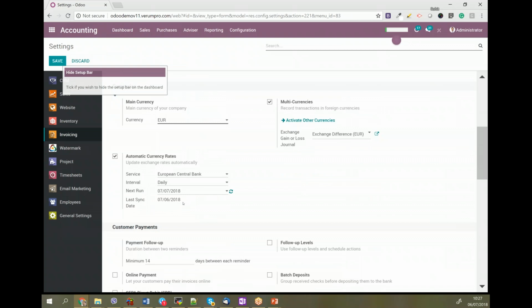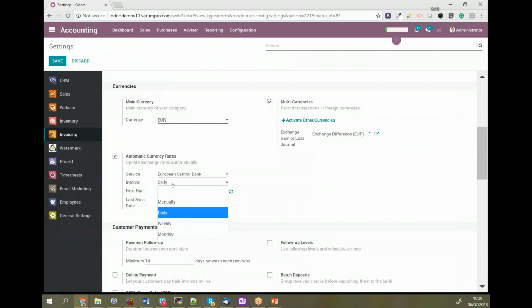Another question: how can I change the frequency of currency rates being fetched? Well, you can change the fetching of the currency rates here. Yes, the minimum is daily, but you have weekly and monthly as well. But daily is what I would generally recommend because the currency rates fluctuate quite a lot. If you are dealing quite a lot with currencies, yes, you can go down the route of